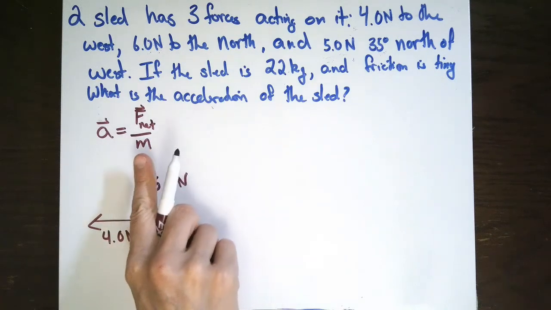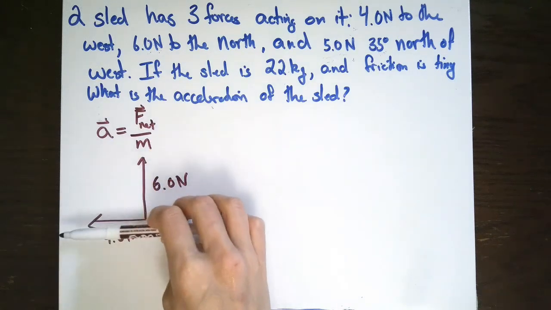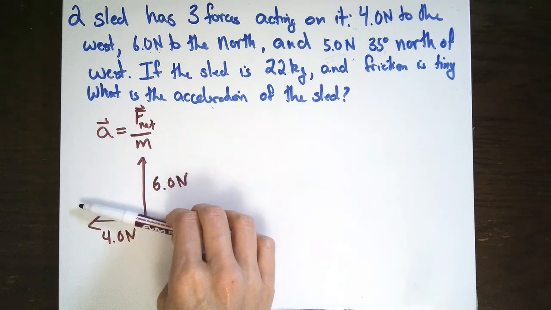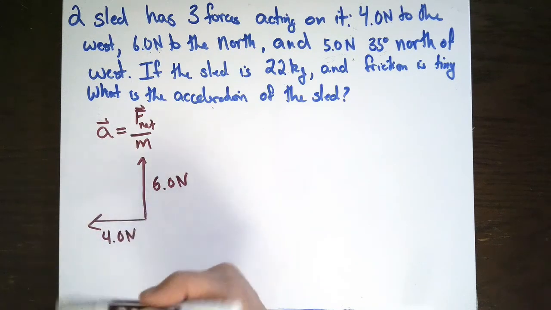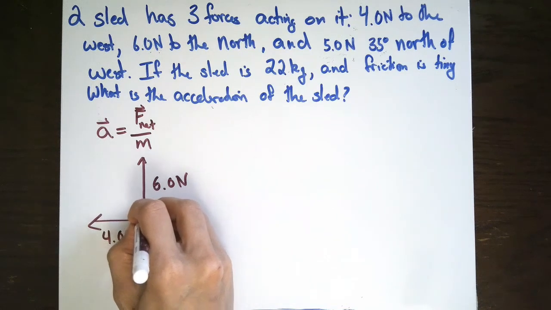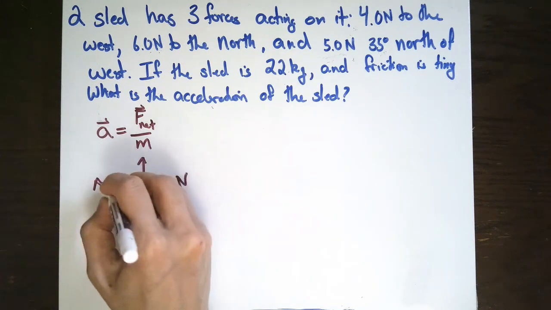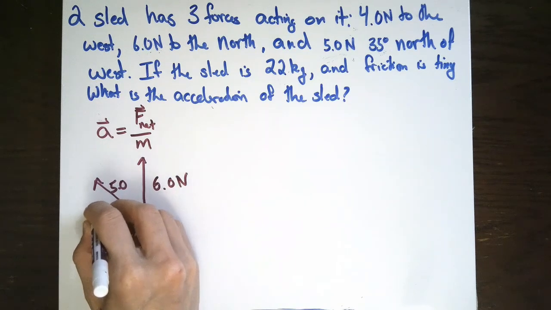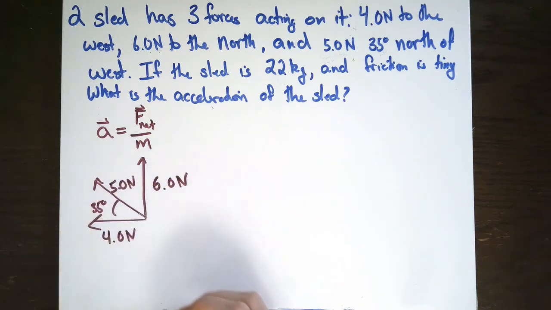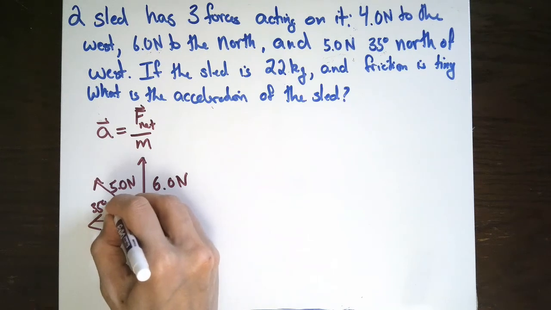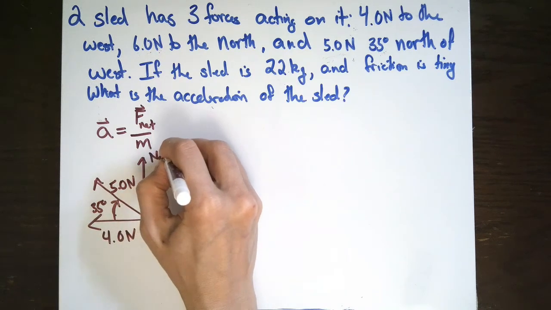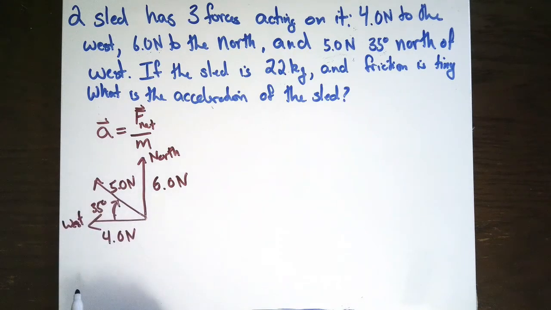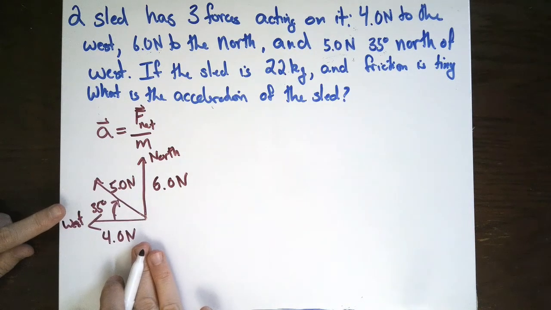So if this way is north and that way is west, 35 degrees north of west means we start west and then we tilt up 35 degrees towards the north. So this 5 newton force is going to be something like that, where this angle is 35 degrees, and that's 5 newtons. So north up this way, west out that way, and what we've just done here, this is called